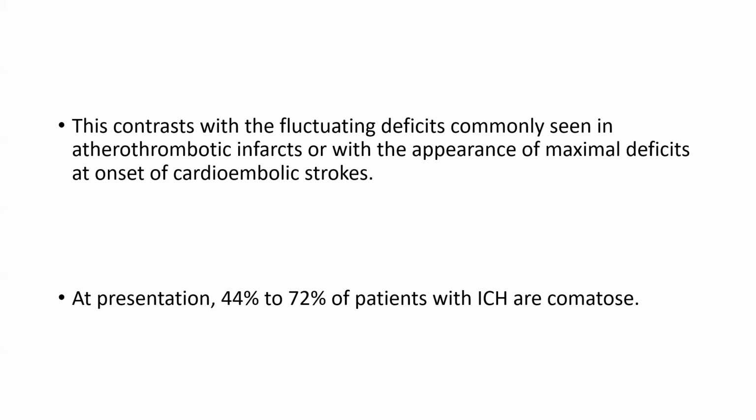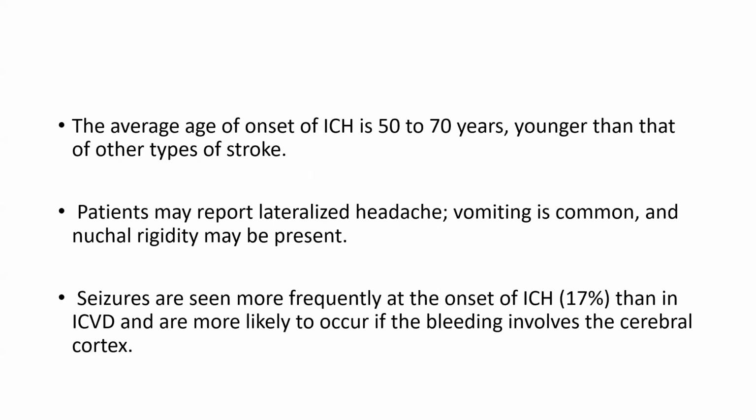At presentation, 44% to 72% of patients with ICH are comatose. The average age of onset of ICH is 50 to 70, younger than that of the other types of stroke. Patients may report lateralized headache, vomiting is common, and nuchal rigidity may also be present. Seizures are seen more commonly at the onset of ICH. It occurs in approximately 17% of patients, more than in other intracranial vascular disorders, and is more likely to occur if bleeding